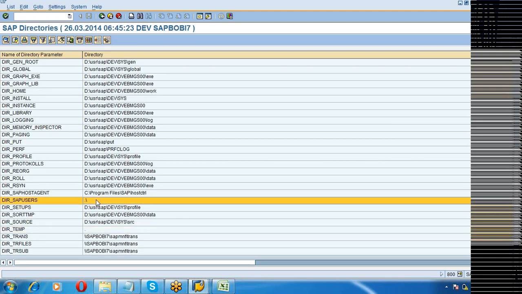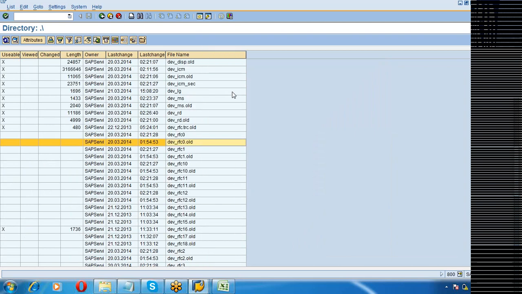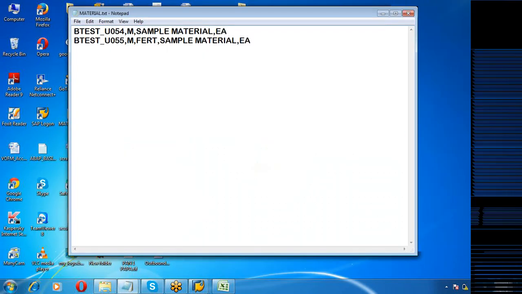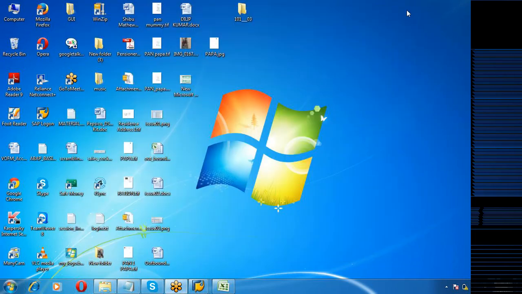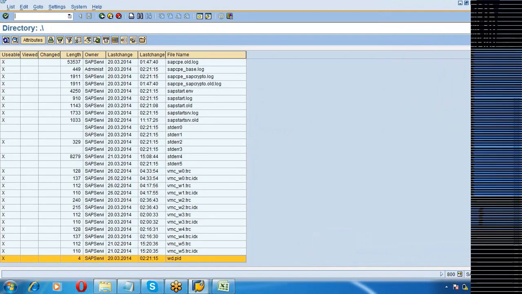Okay, one more is there, SAP user. Knocked away all our files. Let's load our file there. For testing purposes, this transaction I'm telling you about is generally used for testing purposes. Sometimes you want to upload a file into the application server, because without keeping a file in the application server, how will you check whether you can read the file correctly or not.